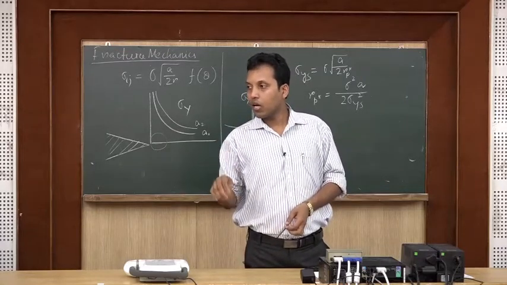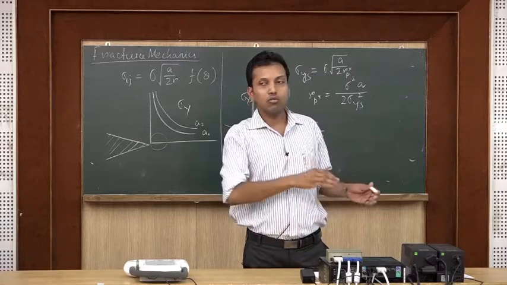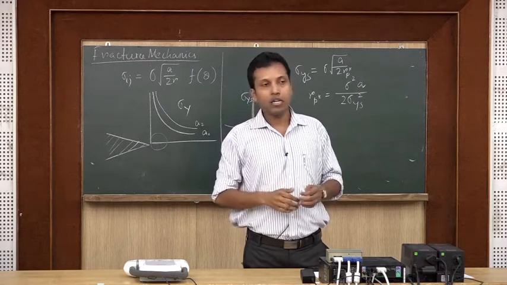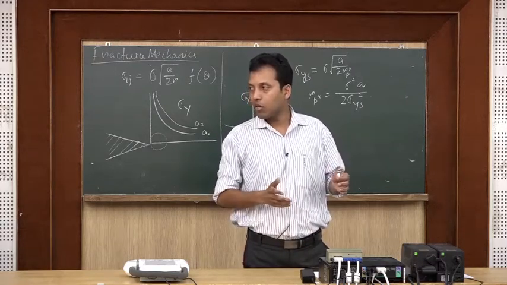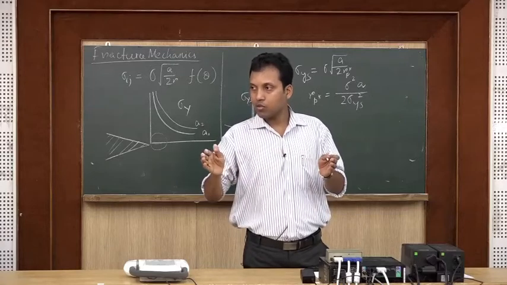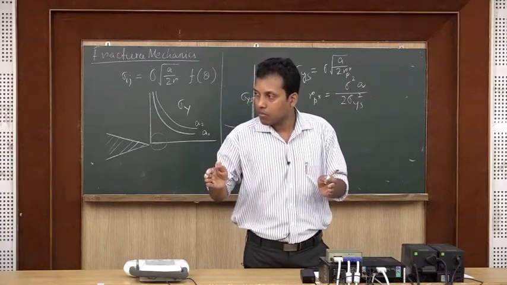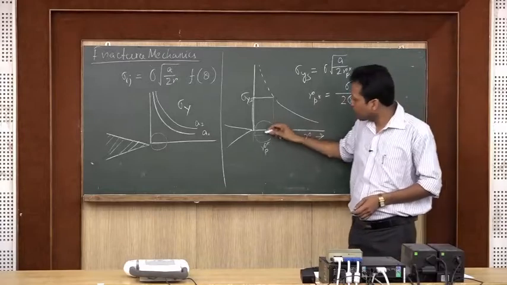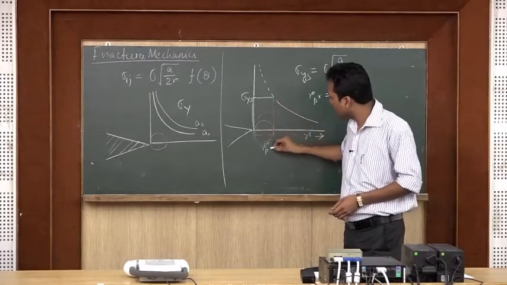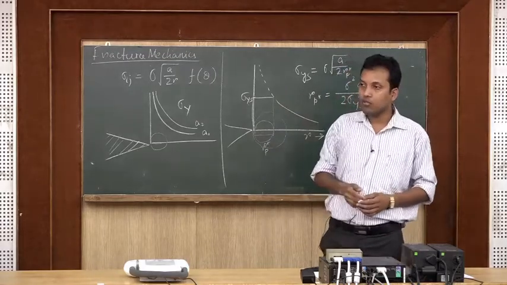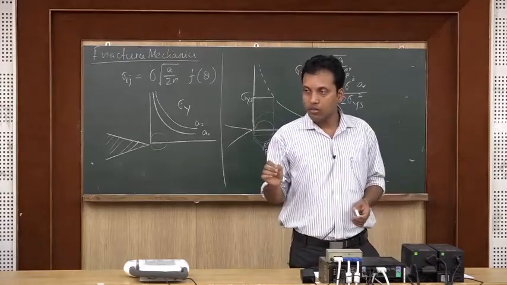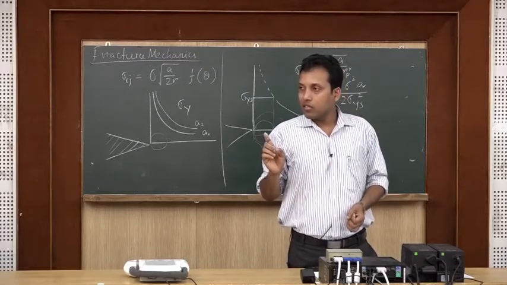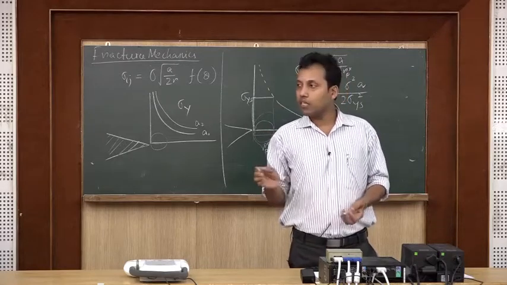Do you follow this? We are having some certain application of load due to presence of the crack. I have some high load generation in it, but the material should be deformed plastically, but it is not. So, that much extra load may be carried through some extra specimen length of the material. So, whatever rp star we are calculating this way is not enough. Rather, some extra amount of the material may be there to carry that much extra load. Okay. So, at this point what we must consider